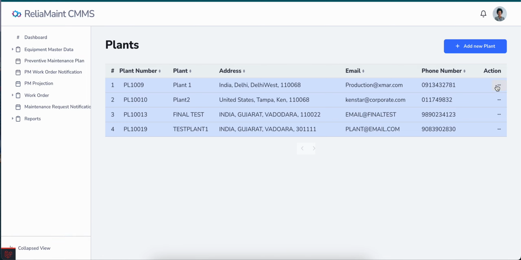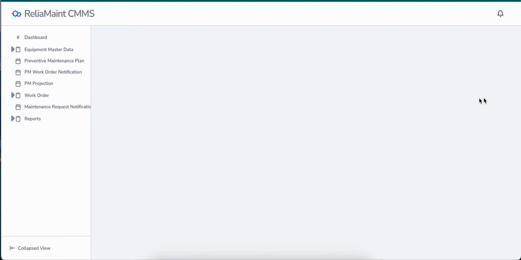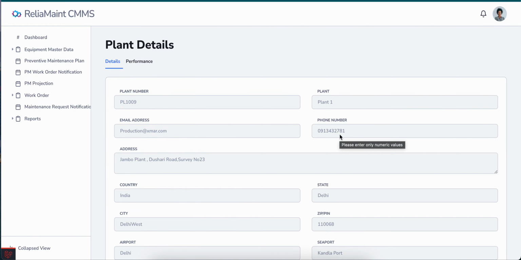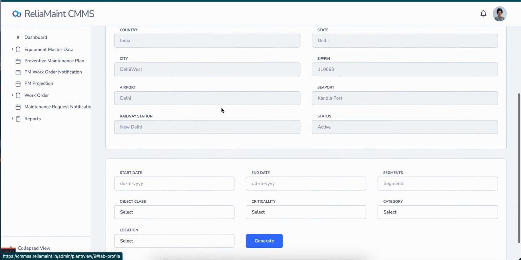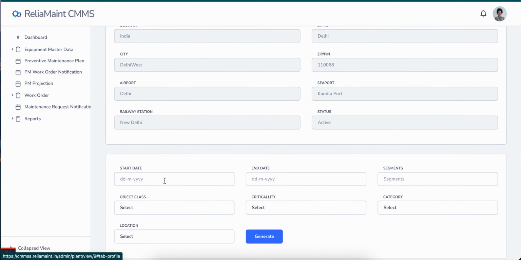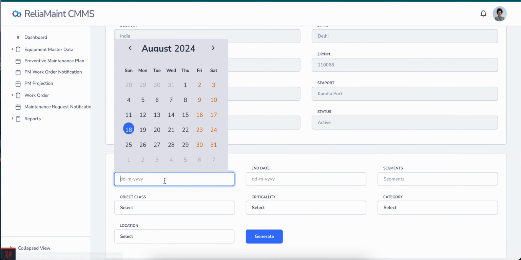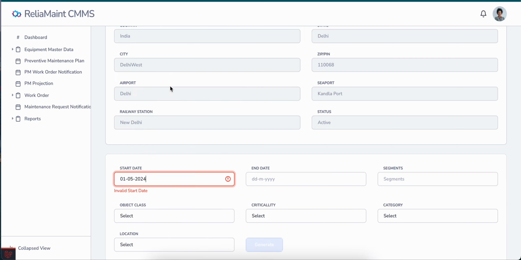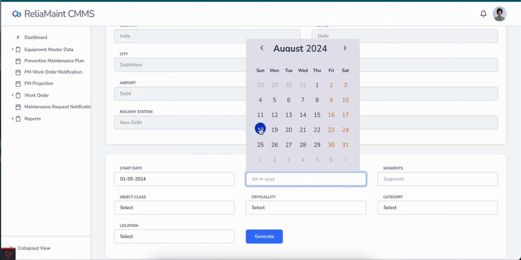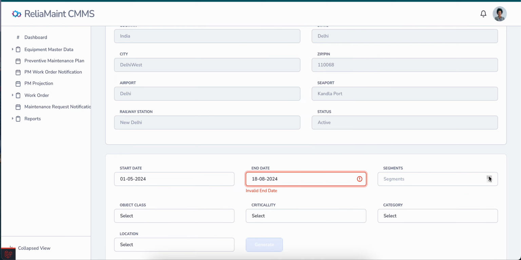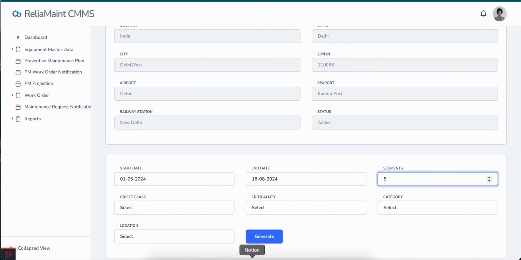Within plant, if we go for view, performance. Now it is asking, that means we are asking for performance data. We have to give some start date. I will show example 1. We do certain segmentation.